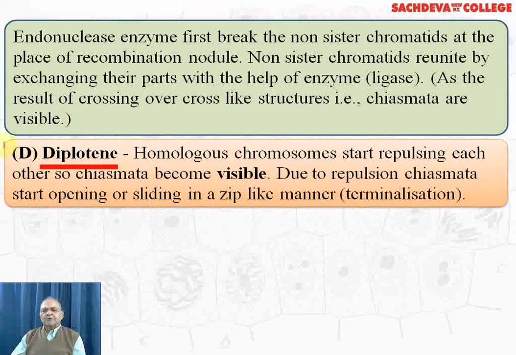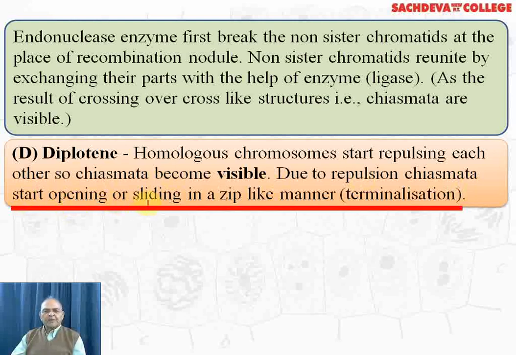Next is the diplotene. Condensation continues. Homologous chromosomes start repulsing each other, so chiasmata become visible only in diplotene, and due to repulsion, chiasmata start opening or sliding in a zip-like manner, and that process is called terminalization. And terminalization starts at diplotene and will be over by the time it reaches the next substage, that is the